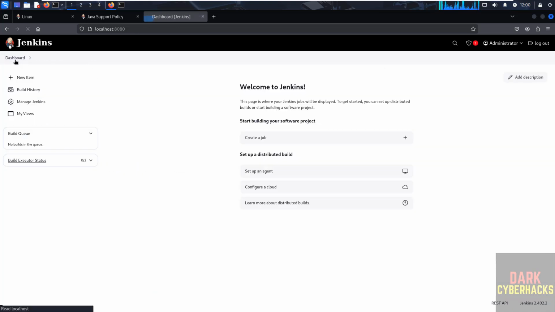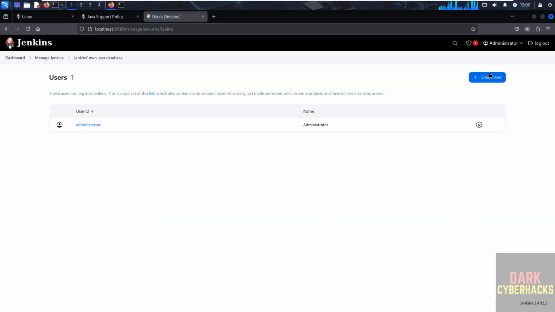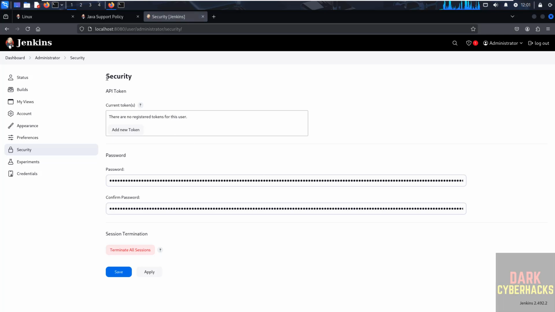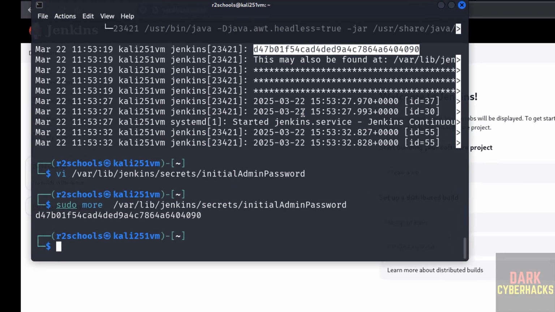Okay. Go to dashboard again. Jenkins. If you want to create user, click on users. Then click on create user. The same way, if you want to change the password, click on the settings, security. Again, you will come to this change password. Okay. The last option that I am going to show you is